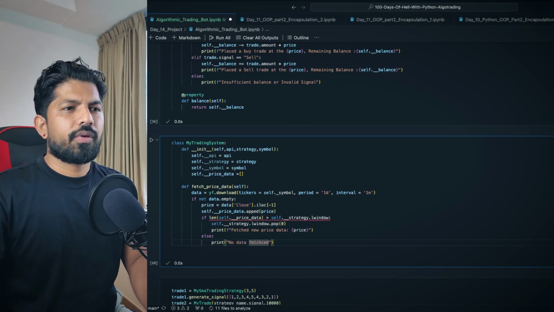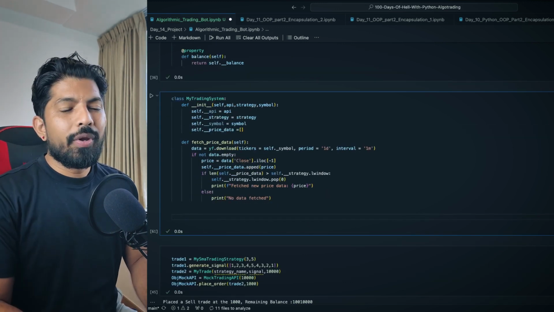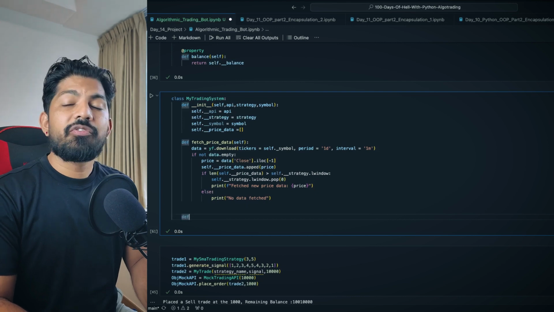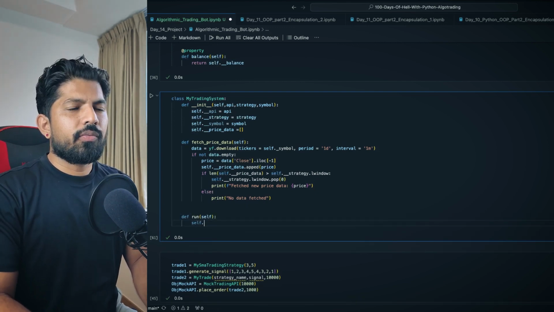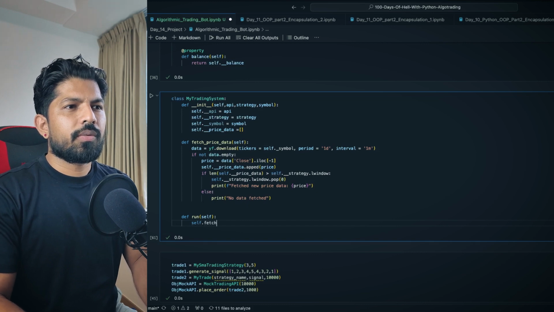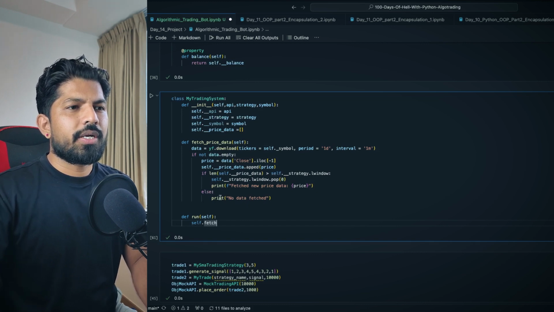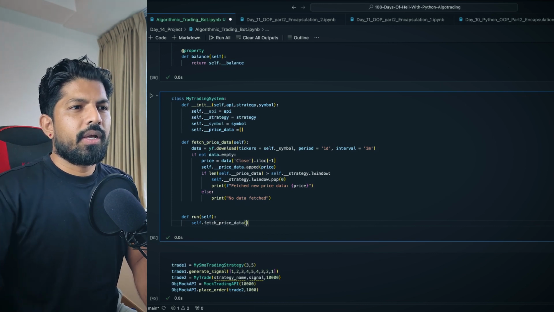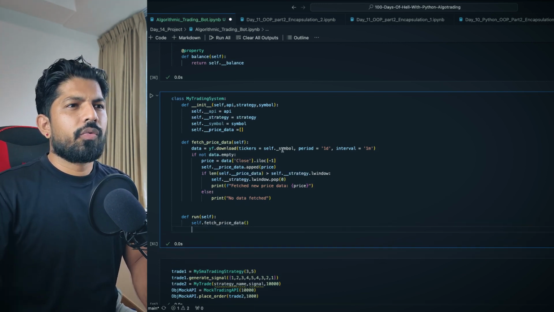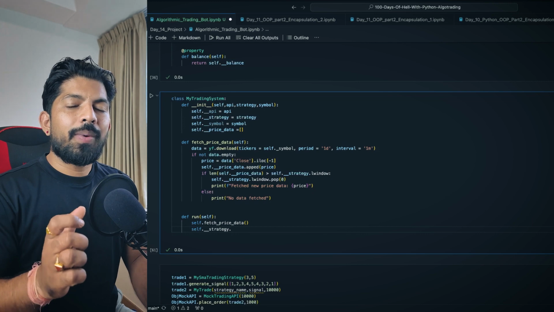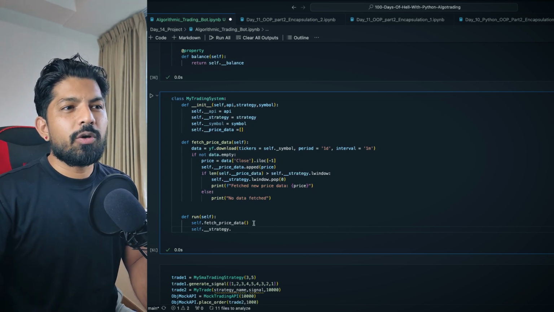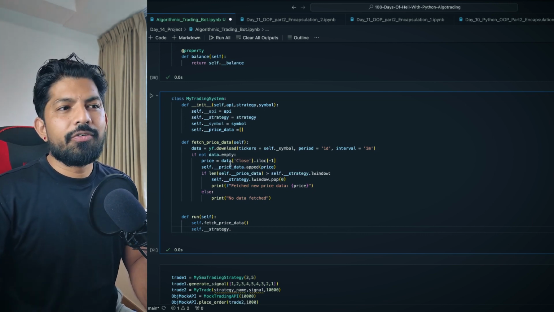fetched, right? Now we can write another method and that will run all the classes. So we will call the method fetch, this one, the fetch price data. Then we'll call this strategy class with this object here. Earlier we were passing the manual list, but now we have the data from Yahoo and it will create the list.